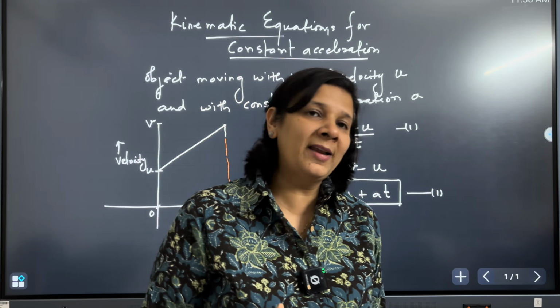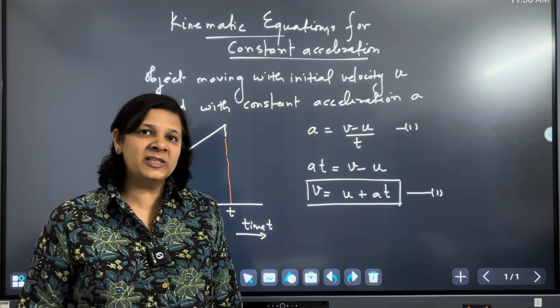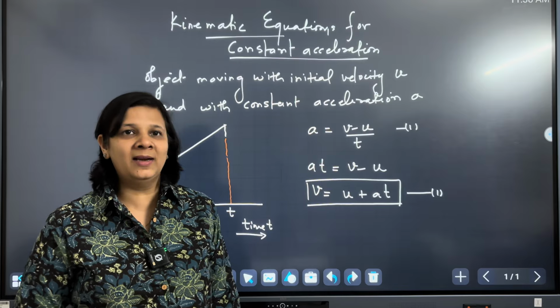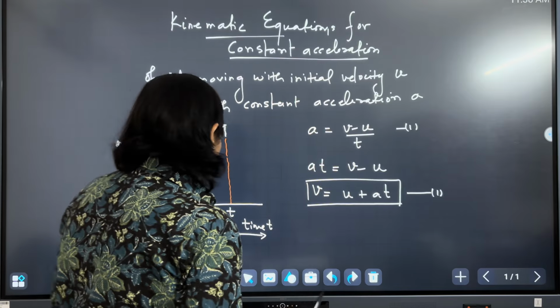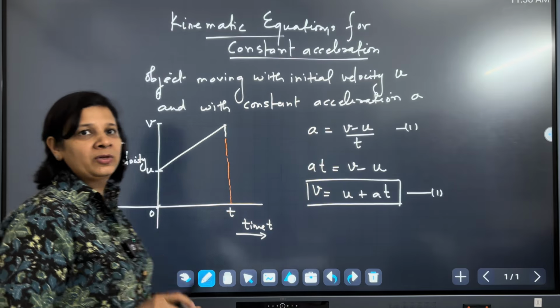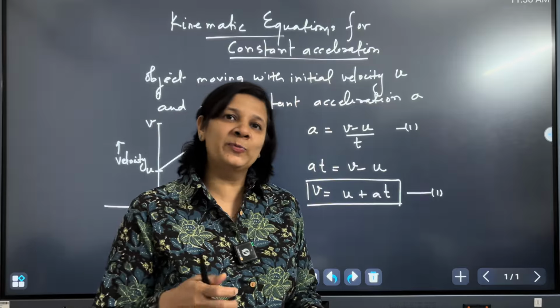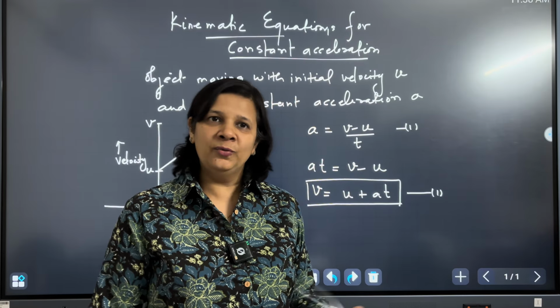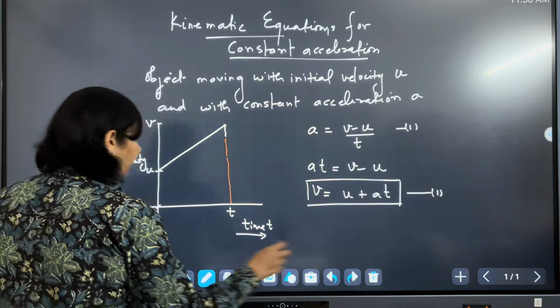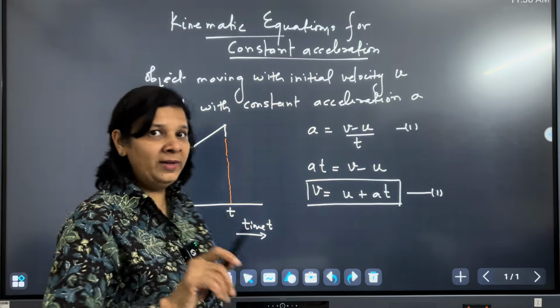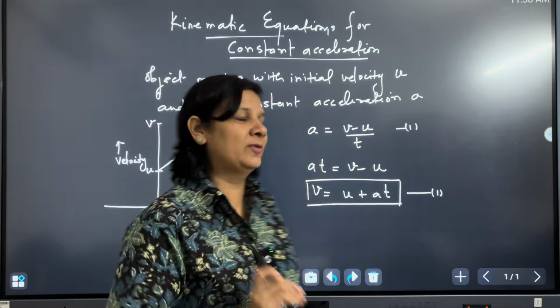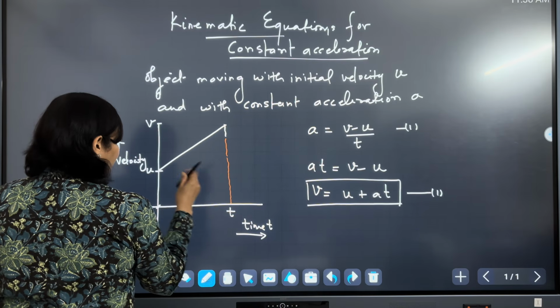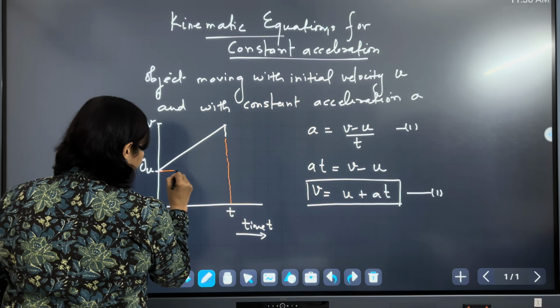So, from the velocity time graph, how do I calculate the displacement? That also we have learned in the last lecture, that the area under the velocity time graph will give you the displacement of an object. Okay, so we are going to use that. So please note, I am assuming that the acceleration of an object is constant. So here, how do I calculate the area of the curve?